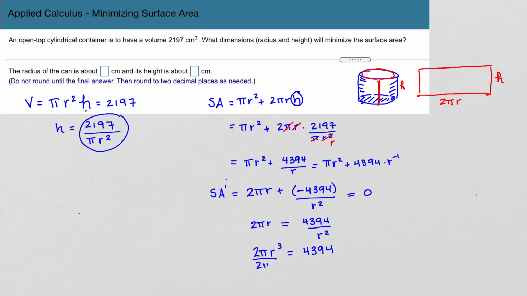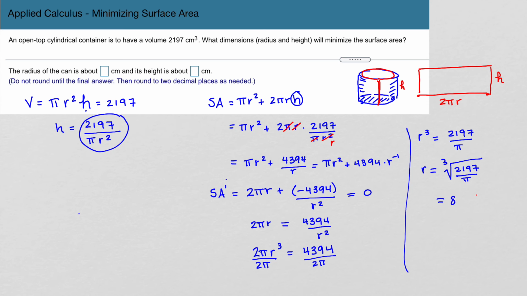And then I can divide both sides by 2 pi, and r cubed, we're back to 2197 over pi. Okay, so now I take the cube root of both sides, and r is the cube root of 2197 over pi. And I'm going to want a decimal for that, round it to 2 places,